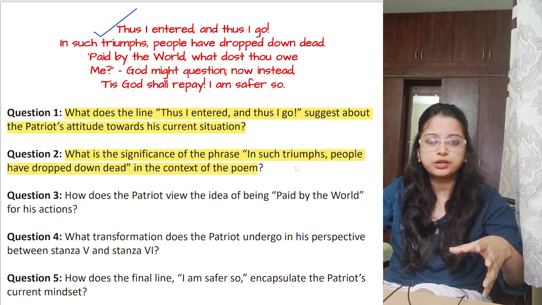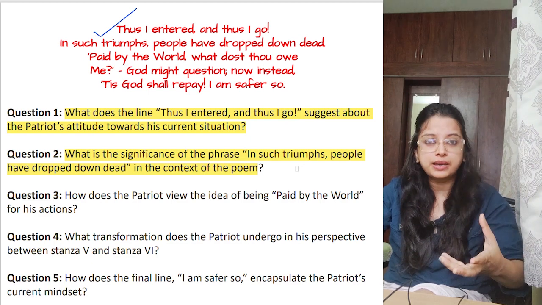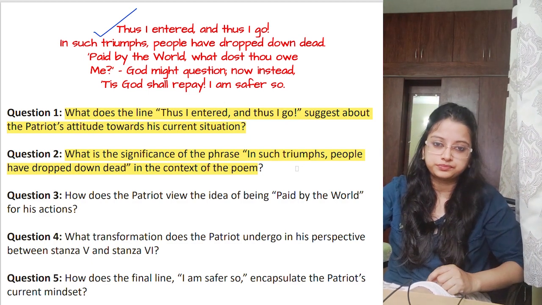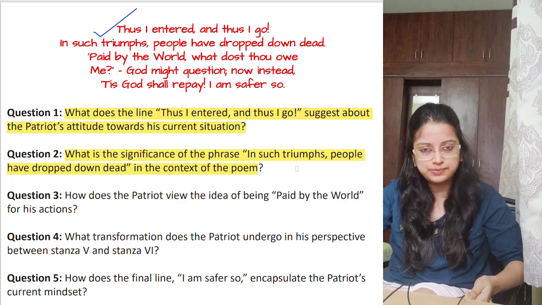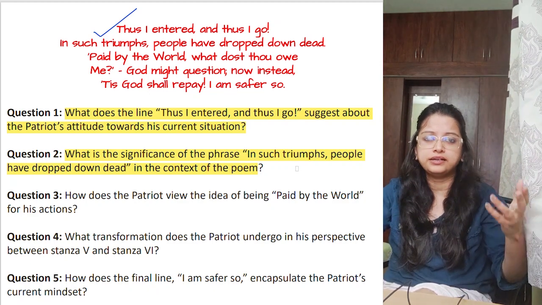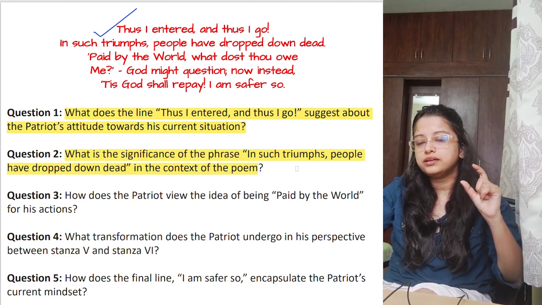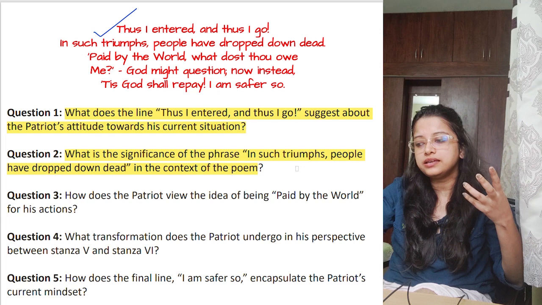I will accept it if good things happen to me, and I will not accept it if bad things are happening. That is not the right way. Whatever comes in your life, accept it and then move on. Try again or change the topic and try again. Understood? So that is why he is accepting this, that great ambitions